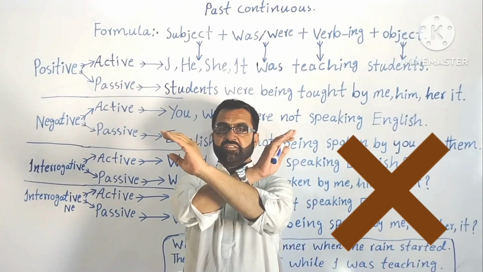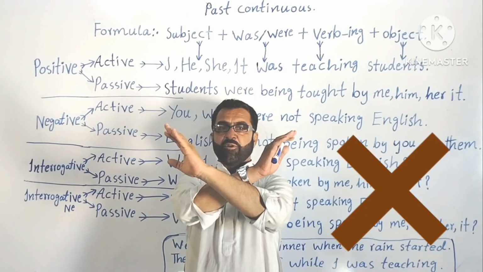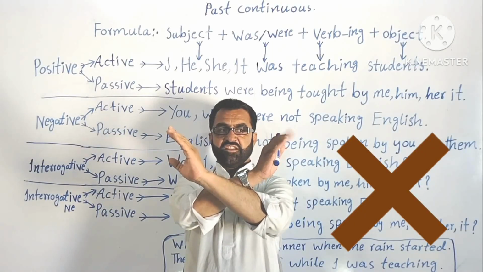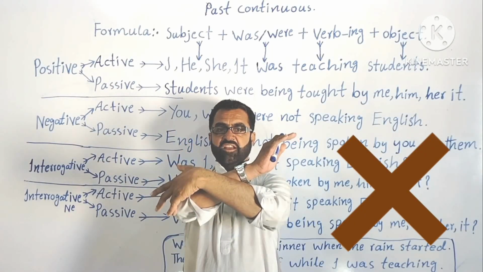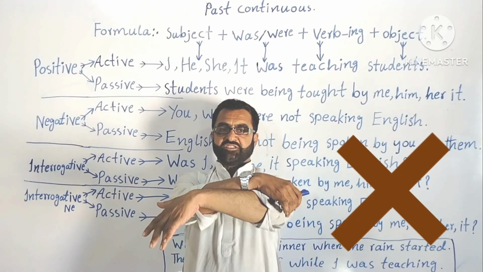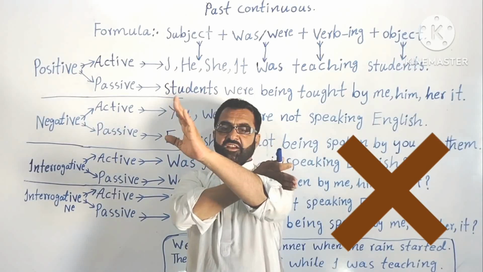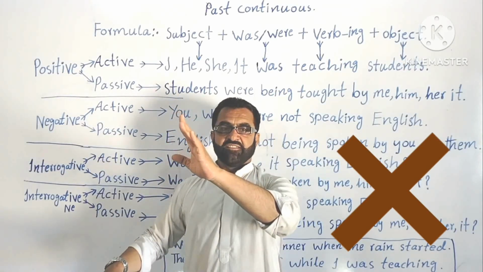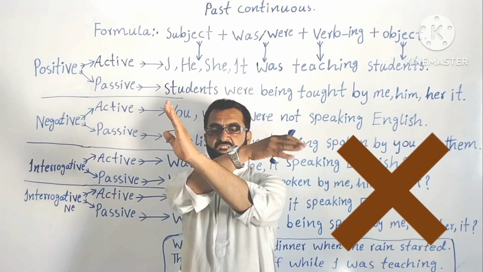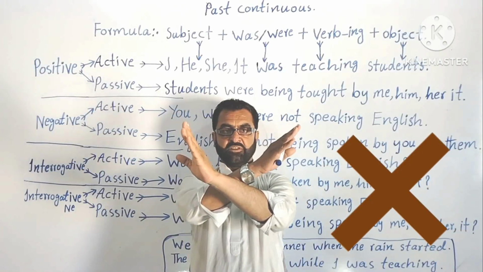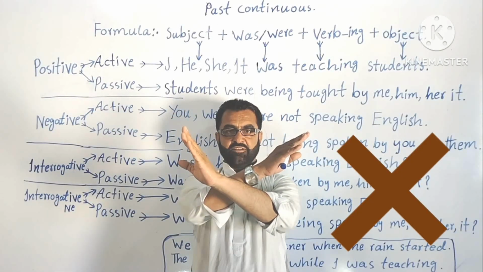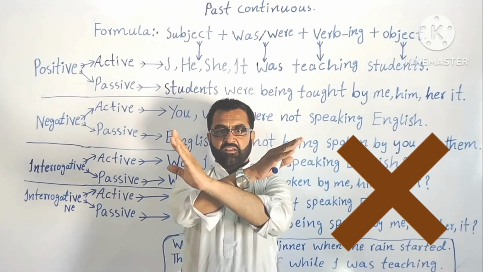This is the subject of active voice. I'm talking about active voice. This is the subject, this is the object. And this is the subject, this is the object of passive voice. Understood? So you see, this thing can come here and this thing can come here. Like this shape, X shape, so exactly the same. Understood?